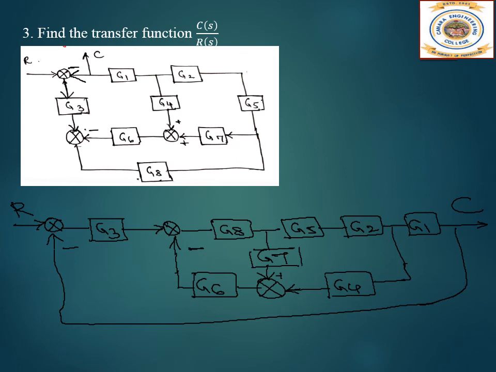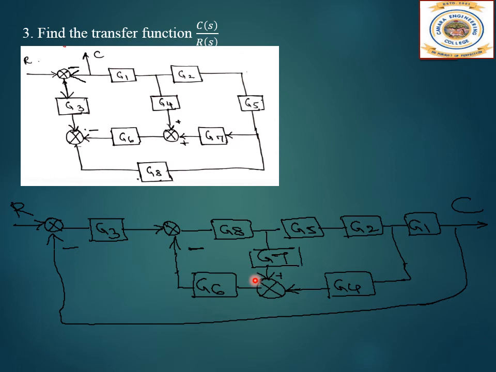So now let us do the simplification, or how to solve this. So let us now, after redrawing, analyze the circuit. Then we will solve step by step. So see here, first, as I have told in previous lectures also, it's better not to have summation points here. It is easier if it is there in the direct path. So first we will do the shifting.